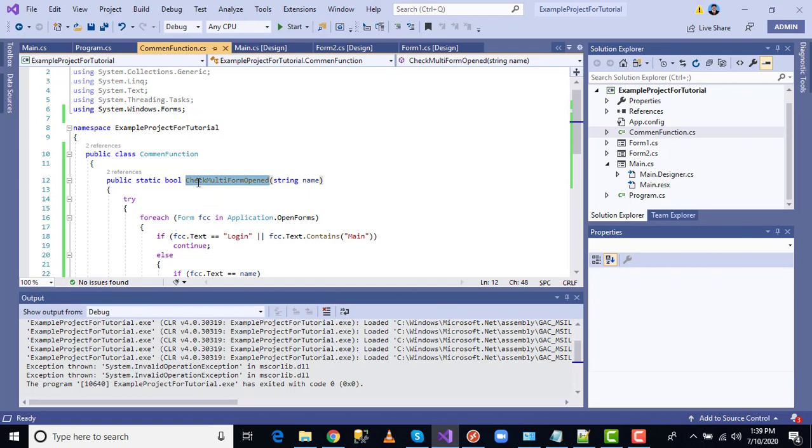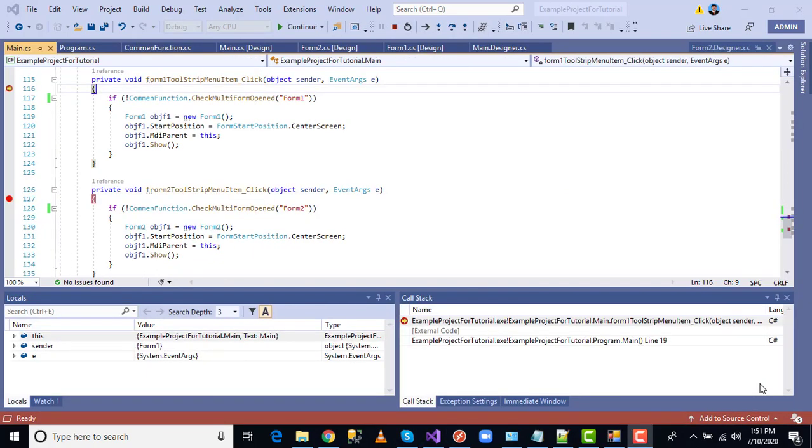So I declared it public and static, because I should not create any instance for this. The method is a bool, and it returns true or false telling whether the form is open or not.